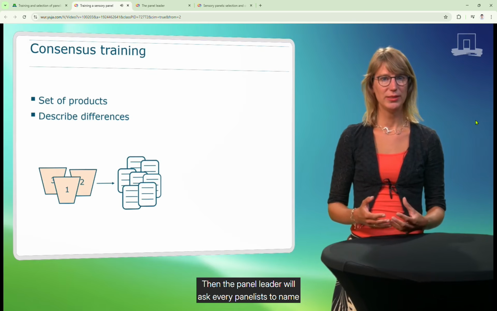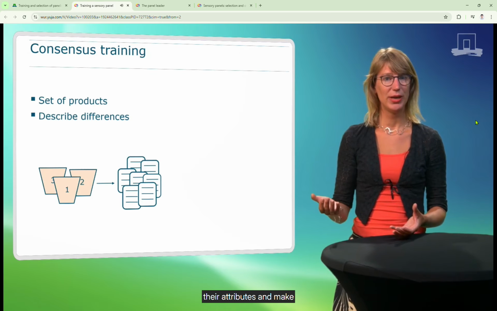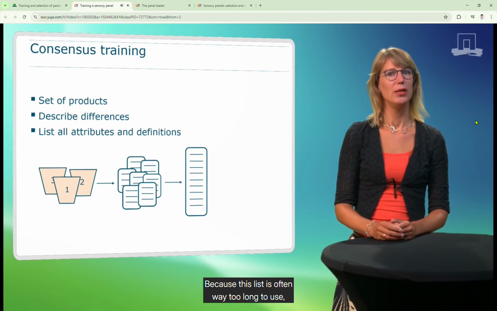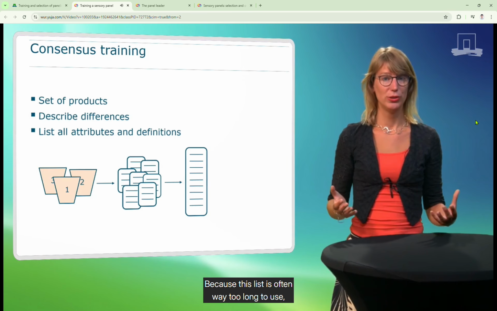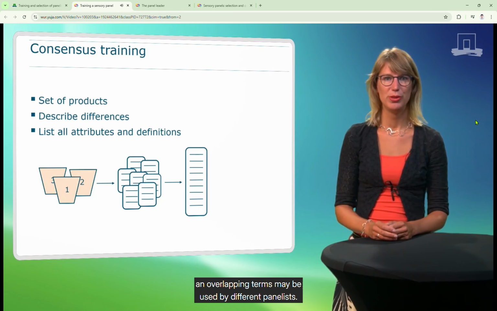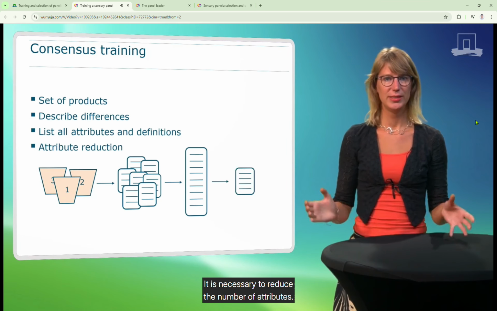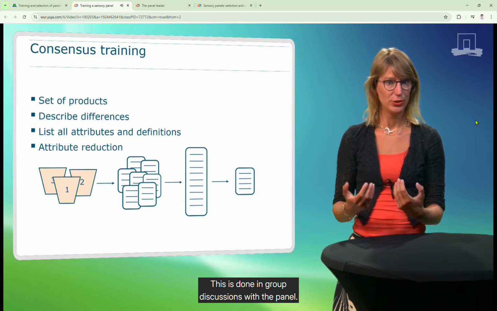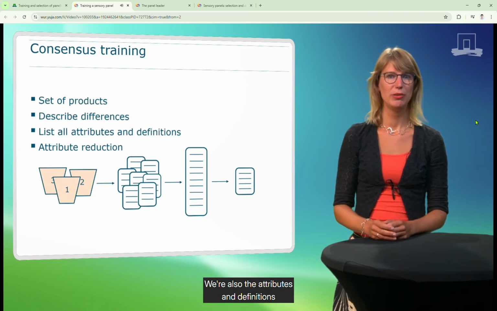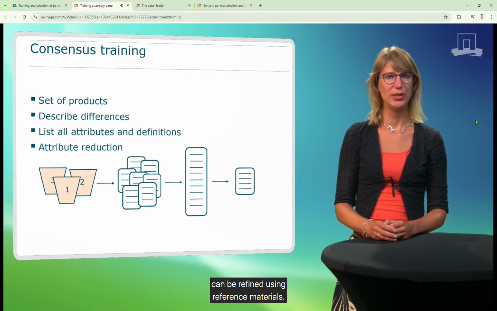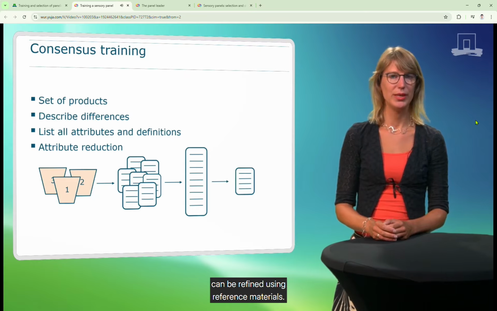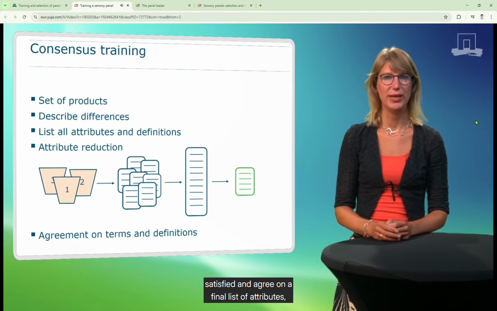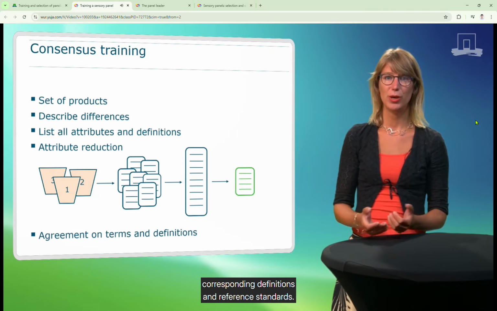Then, the panel leader will ask every panelist to name their attributes and make a long list of everything that is mentioned. Because this list is often way too long to use, and overlapping terms may be used by different panelists, it is necessary to reduce the number of attributes. This is done in group discussions with the panel, where also the attributes and definitions can be refined using reference materials. In the end, all panelists must be satisfied and agree on a final list of attributes, their corresponding definitions,